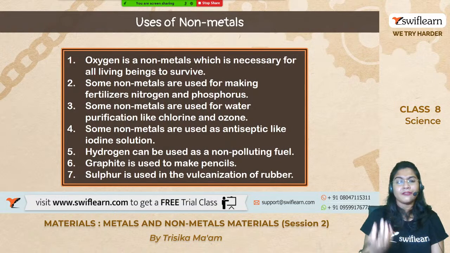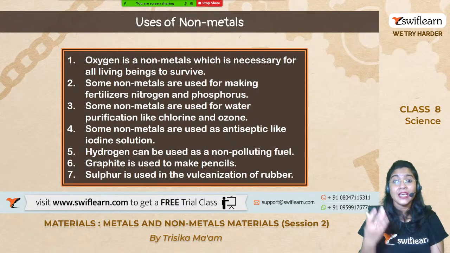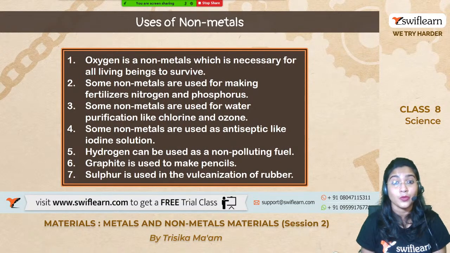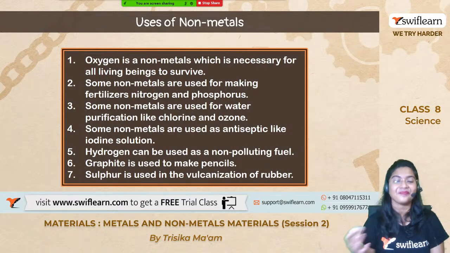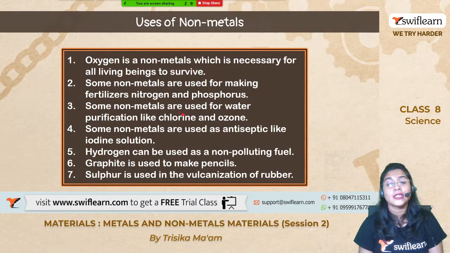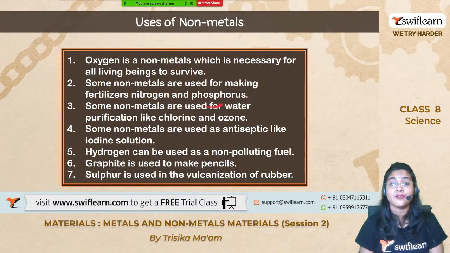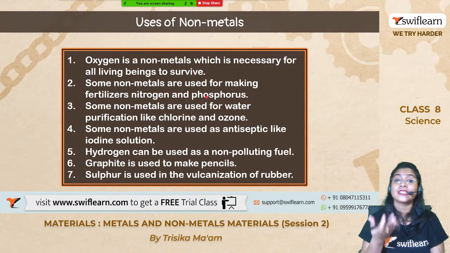It is helpful in the different types of reaction as well as it helps to produce energy from the food. They break down the food to provide energy, right? So that we can do all the different work. है ना? Yes. Next is non-metals which are made for fertilizer, जैसे nitrogen, phosphorus, which increase the fertility of the